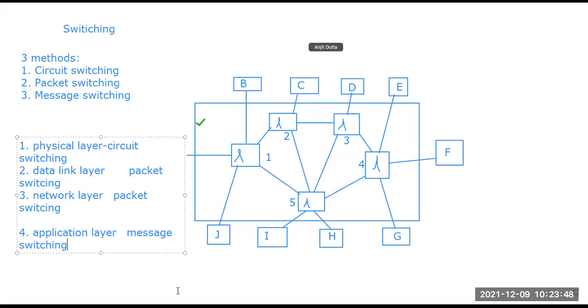Now, what circuit switching, packet switching, and message switching are, we will definitely see in my next class, because starting this now will not cover everything. And what the role of switching at the physical layer is, and the concept of switching at the data link layer, network layer, and application layer, we will also see. But before that, we will discuss circuit, packet, and message switching, and then come back to this particular scenario.